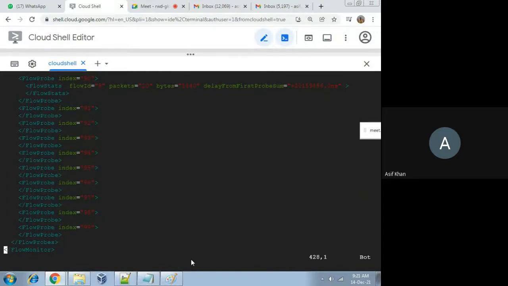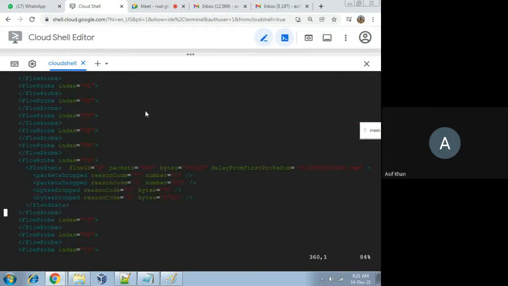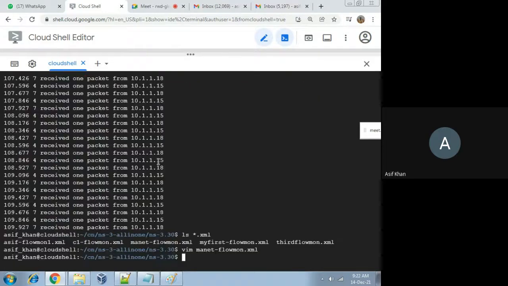See, for all the communication, every piece of data is present here, for all flow IDs, because here 10 nodes are sending data. So I will parse this file, for measuring the performance of this network for all these protocols.